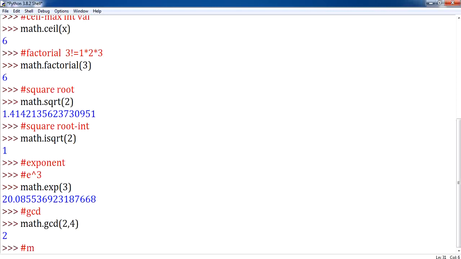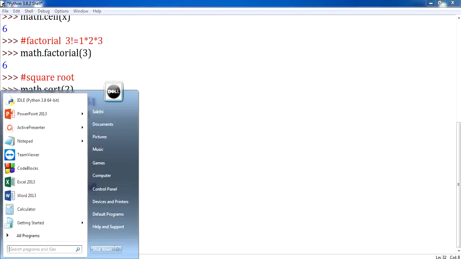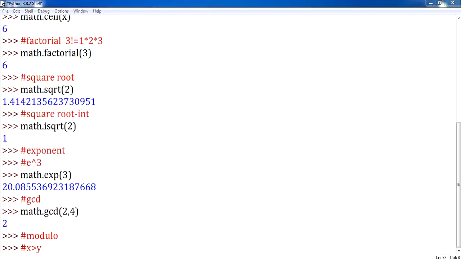Your next example is modulo. Modulo gives you a remainder value. Here we have 2 conditions. If my numerator x value is greater than y value, it displays the remainder value.